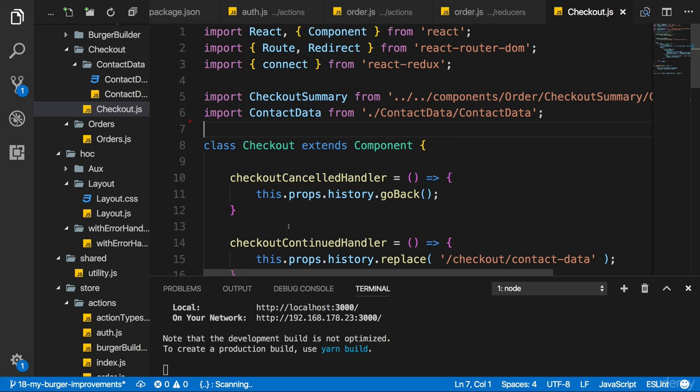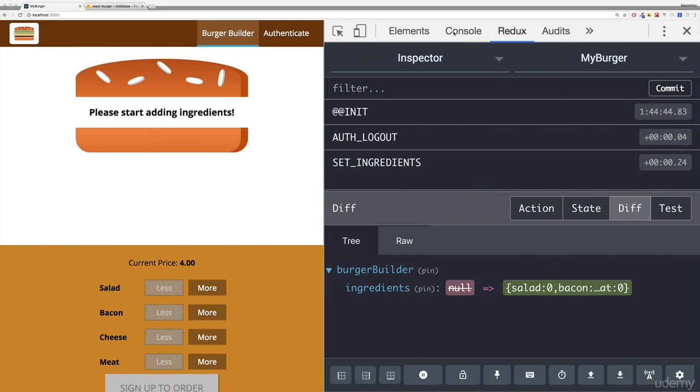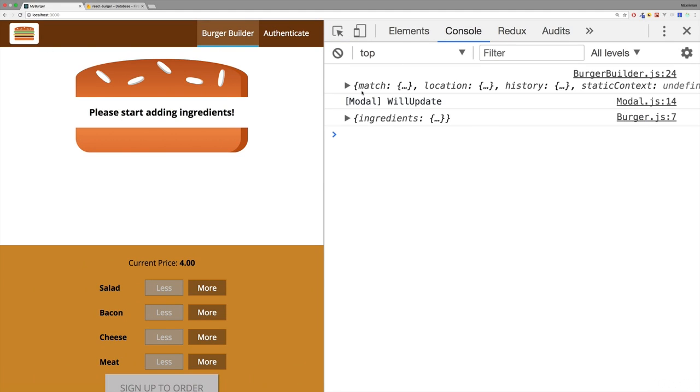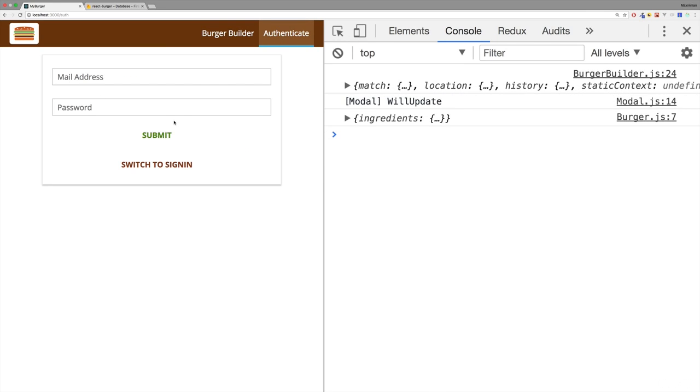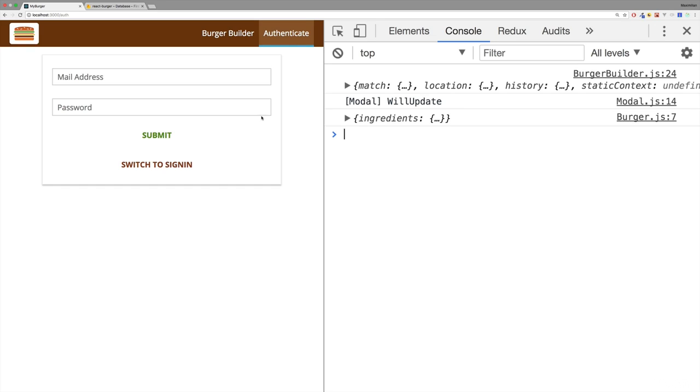And speaking of console output, this one is clean now, but if we have a look at the console of our running application, we notice that we have a lot of console log statements. In the modal, in the burger builder, probably somewhere else. It is also a good idea to clean up your application. Not because these console log statements would be that bad, but they will be there in production too, and they will give insights into your application. And besides that, you don't really need to spam the console with output that doesn't matter to you anymore.